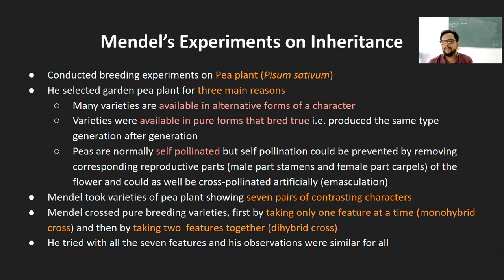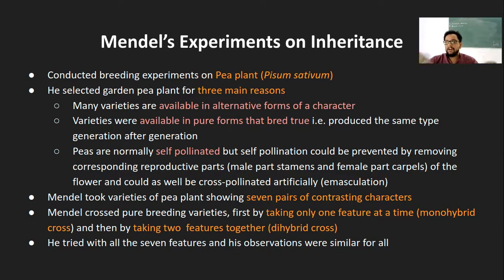Let's say for example, you have 10 varieties of the seeds of Pisum sativum, right? And you want to identify which one is a true breed and which one is not. What will you do? You will intercross or crossbreed like this. You will just sow the seed. You will check what they are generating in the next generation, correct? And then you keep doing this in an isolated compartment.